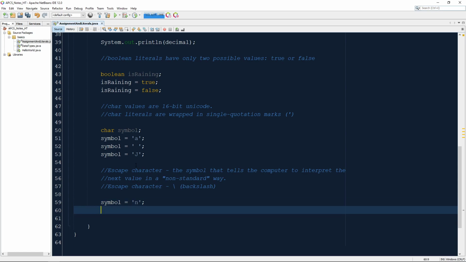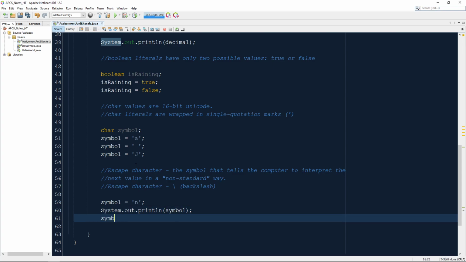So let's go ahead and do this. And I'll go ahead and prove it by temporarily printing out the symbol, and we'll see what it looks like. So do System.out.println. We'll print out the single letter symbol, and then we'll reassign symbol, and then we'll say it is a single quote backslash n. And again, I mentioned last time that if you put more than one character in single quotes,